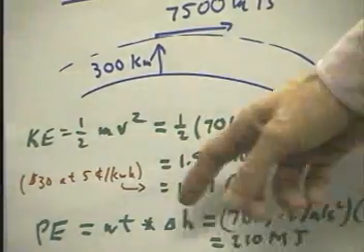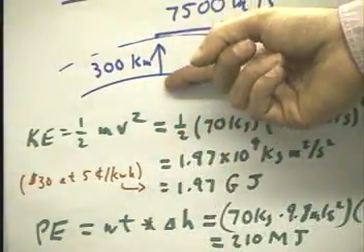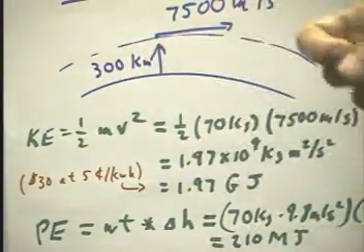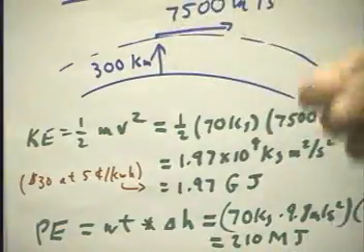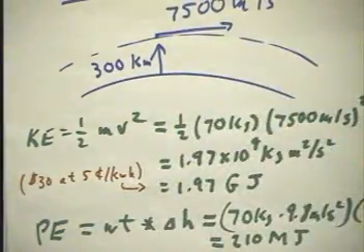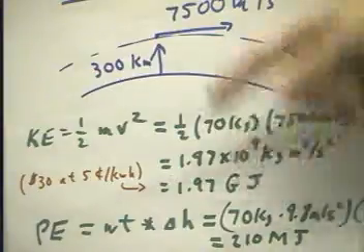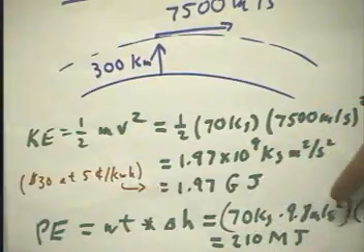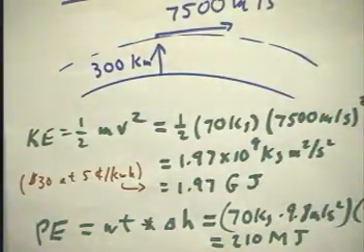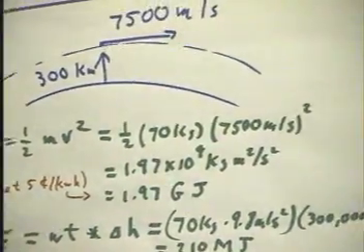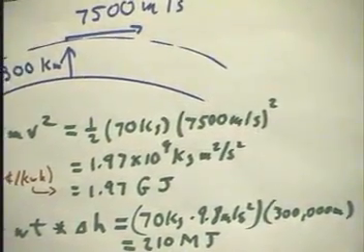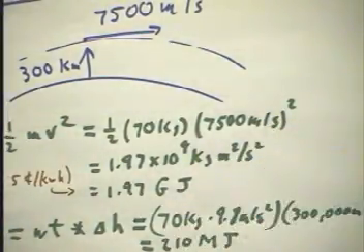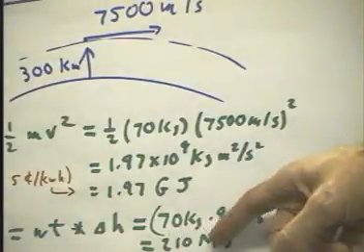The potential energy, of course, is just the force you have to exert to raise this mass vertically 300 kilometers. 300 kilometers is 300,000 meters. The force you have to exert is equal and opposite to the weight of the object. The weight of a 70 kilogram object, or 70 kilogram senator, who's certainly no object, is going to be 70 kilograms times 9.8 meters per second squared. And of course the delta h is going to be your 300,000 meters. When we multiply these out, we end up with 2.1 times 10 to the 8th, or 210 million joules, or